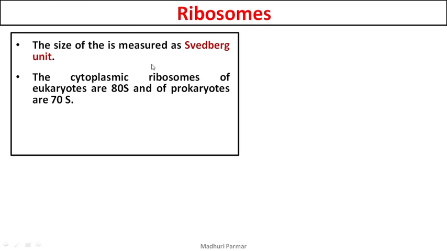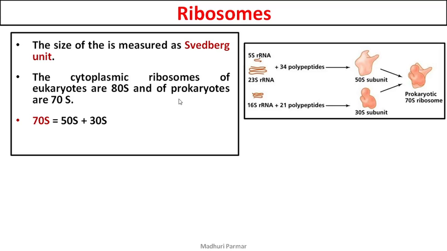So the cytoplasmic ribosomes of eukaryotes are 80S, which means 80 Swedberg units, and those of prokaryotes are 70S type. The 70S is made up of 50S plus 30S. We already talked about the ribosome being made up of two subunits, one the larger subunit and the other the smaller subunit. So from here you can tell the larger subunit will be 50S and the smaller subunit will be